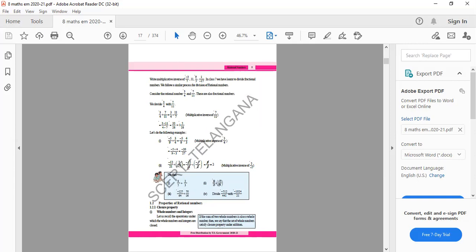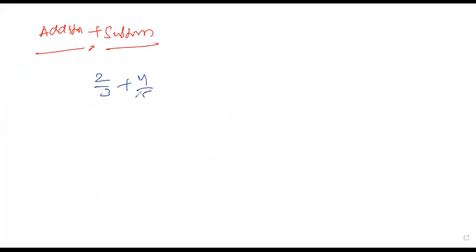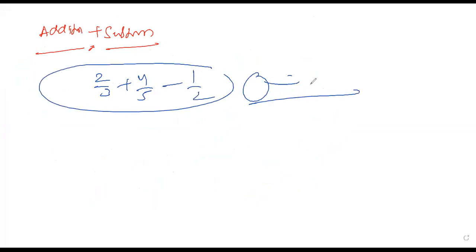Later we switch to how to multiply and how to cancel the product. I told you clearly the addition part and the subtraction of the fractional part, like 2 by 3 plus 4 by 5 or minus 1 by 2. In such cases we take the LCM and make boxes, and that is already completed. Still if you have any doubt, please go and watch and come back. Now today we go for the multiplication part and division case.